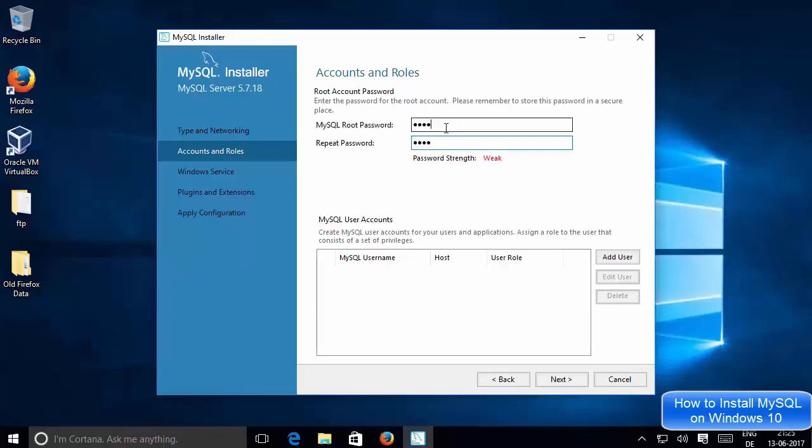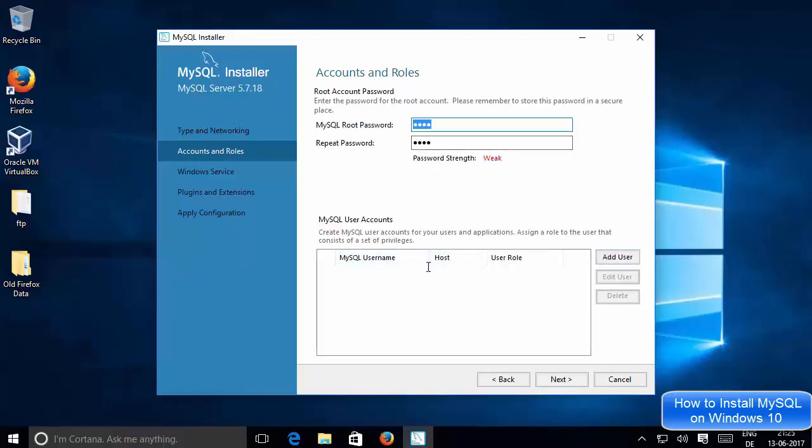So in my case I have given a very simple password, but in your case you can give any other password which you may like. And this password you need to remember in order to log in to your MySQL server, right? So just give the password and remember that password.